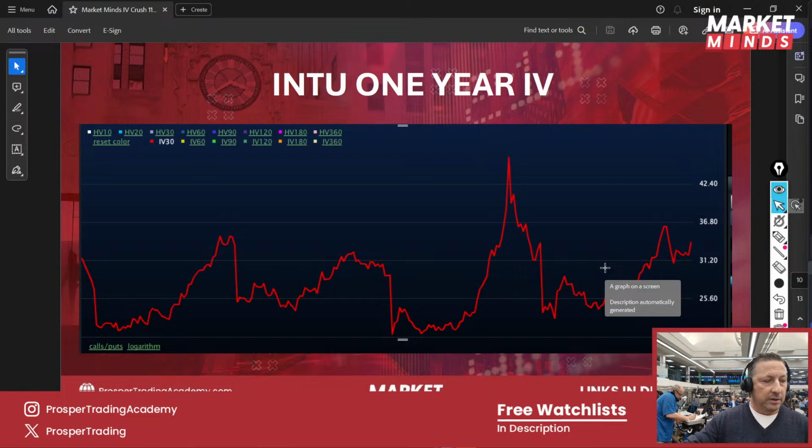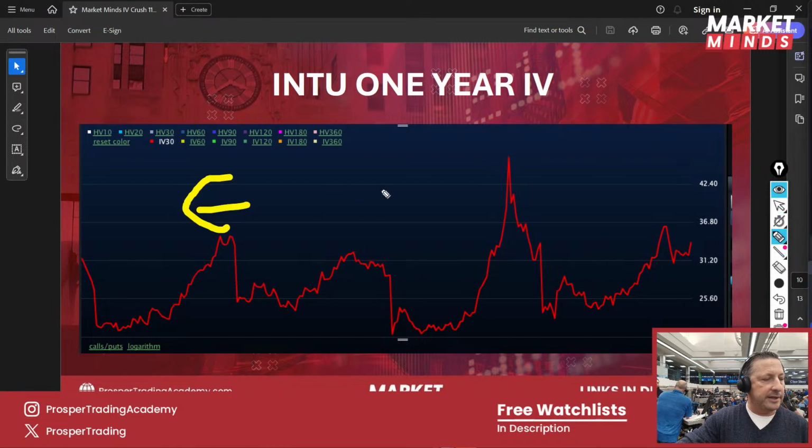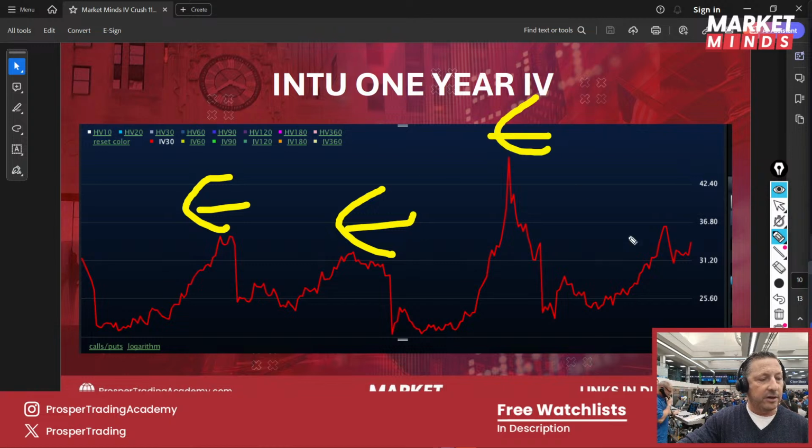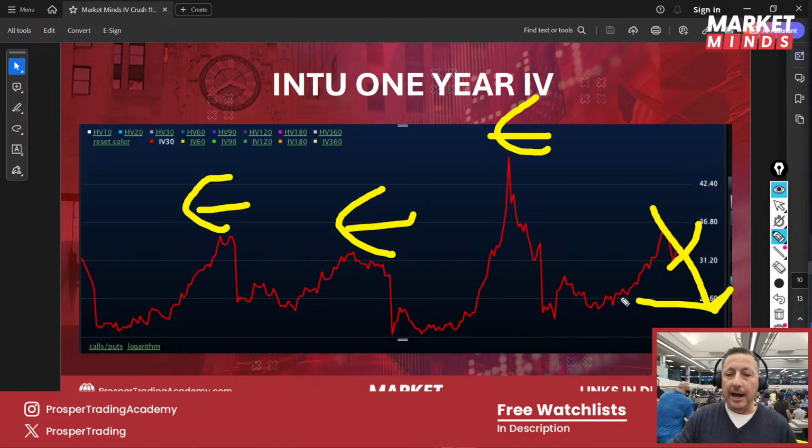Okay, here is a 1-year chart in Intuit, implied volatility. You can see the same pattern, maybe not quite as severe as what we just saw in Target. But you can see that same exact pattern. This is probably earnings here and earnings here and earnings here, and now we're getting higher up. Tomorrow morning, regardless what Intuit does, up, down, unchanged, that thing is going to be down here. We will see where it actually goes tomorrow morning.